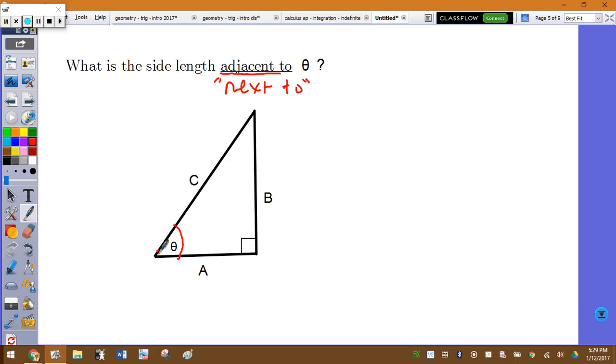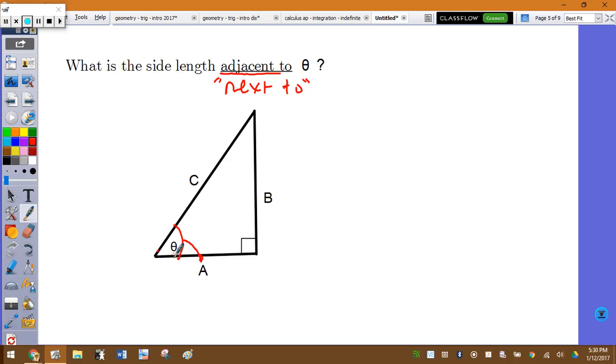Well, that's a little bit tricky, you could go two ways. In a sense, side length C is next to me. B is all the way across, so that's not going to be it. And A is also sort of next to me, right? So you might think, well, maybe it's both, or maybe it's either one, or maybe there's no real answer. Well, let's think. Do any of these side lengths have special names already? Well, hopefully you know that this side length here already has its own special name. We'll get to that in just a moment. You already know what it is, though. But it's this length that doesn't have a special name,